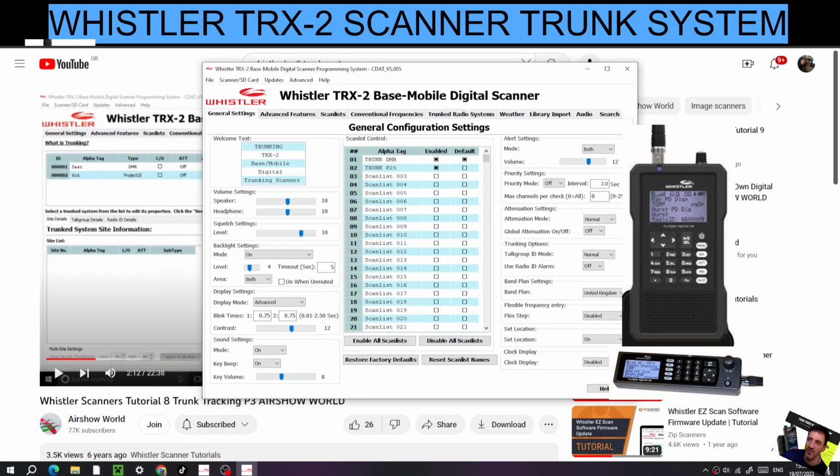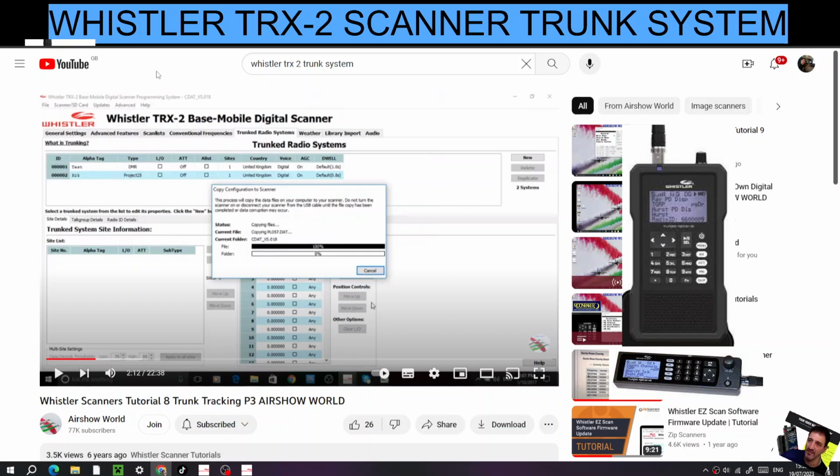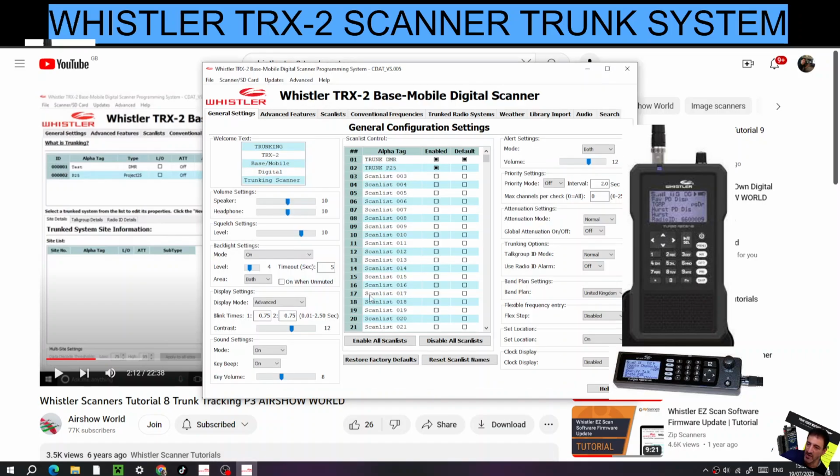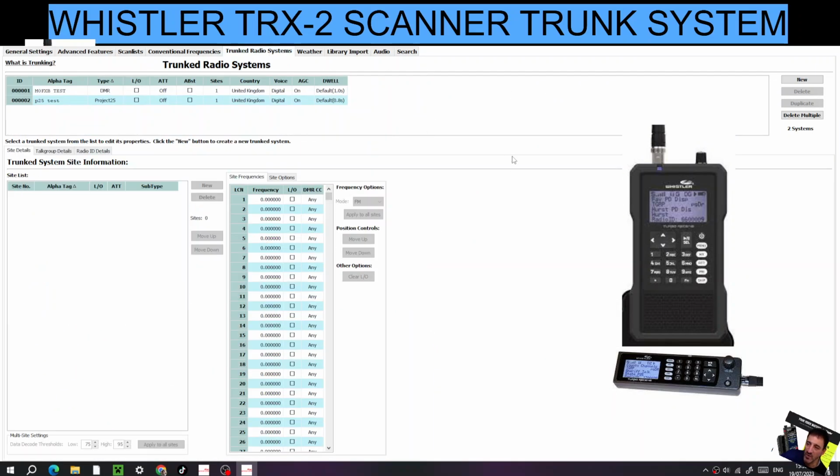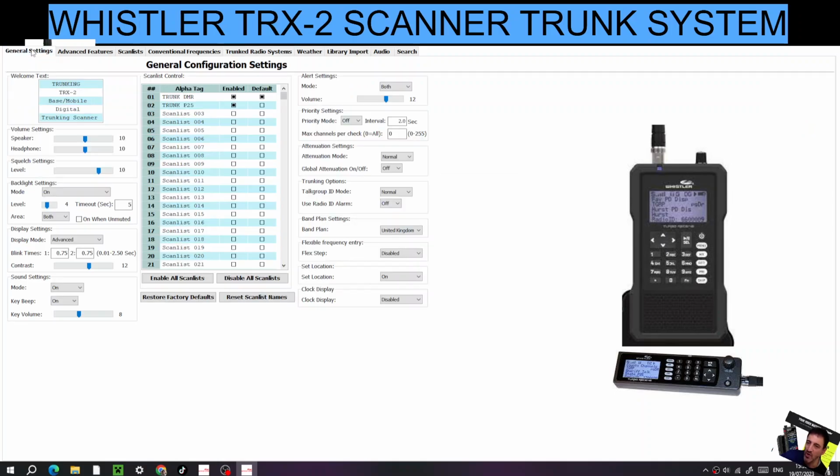Big thank you to the videos I've been watching: Whistler Scanners here, Airshow World. Just learning about trunking. I've never even thought about trunking until I had a scanner. So, trunk radio systems. Now I've added some very basic settings here that I've been taught to do by Airshow